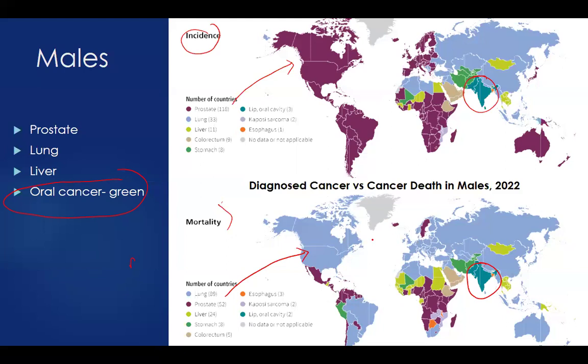I will not go into the details of the other ones, but just to show you that lung cancer is for mortality. Males do get prostate cancers, but they don't die from it. So detecting prostate cancer early is good. Detecting lung cancer early, if possible, is good, but it's just not so easy. And oral cancer, we have a job to do. For India, we need quicker, more regular screenings for oral cancer.